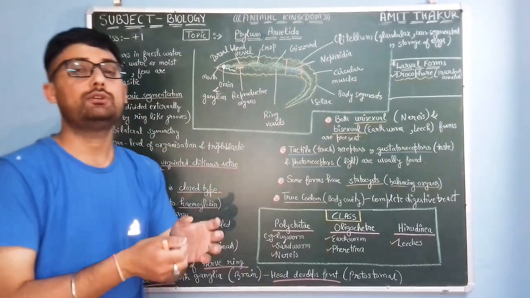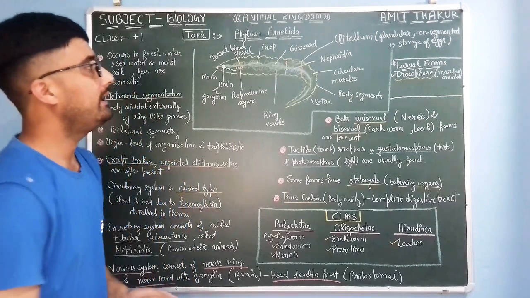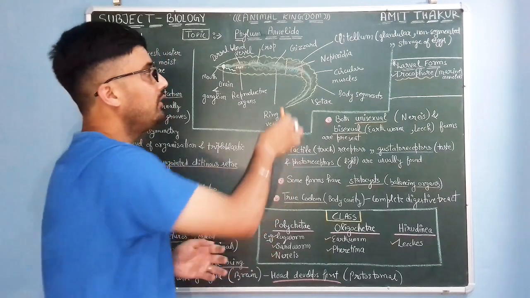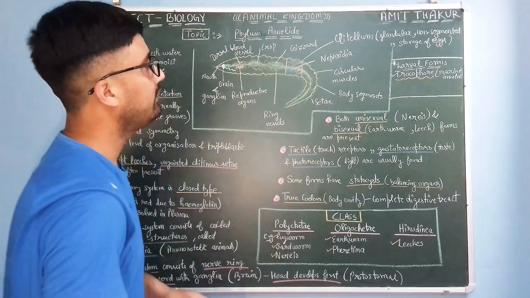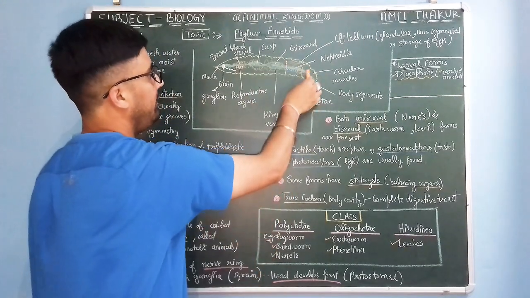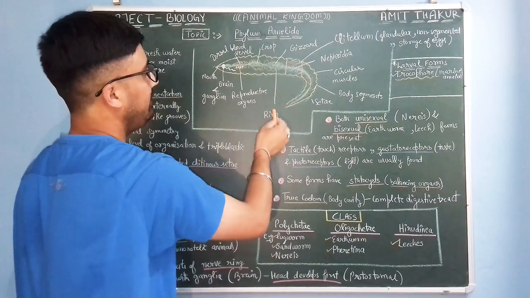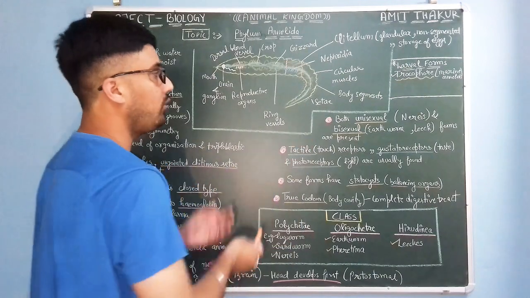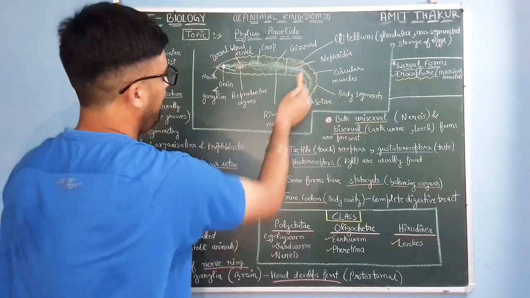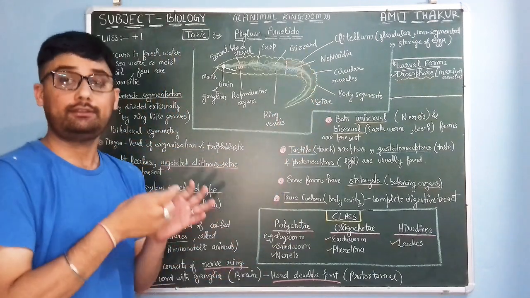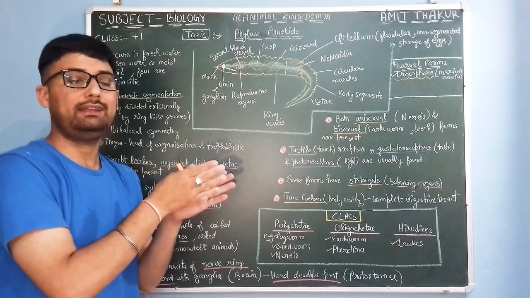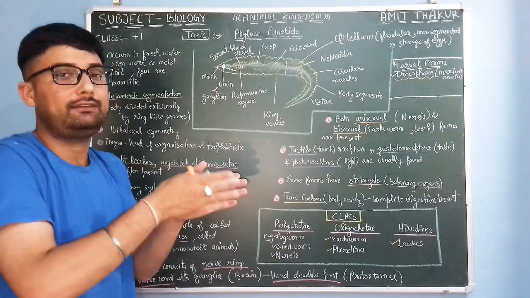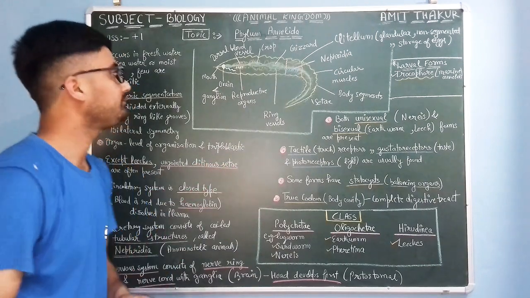It functions in the storage of eggs. Okay, the storage of eggs, like in the case of females if they are dioecious. So, storage of eggs. Then these here are circular muscles. These are ring vessels and setae for locomotion. And these are body segments. As they are segmented, their body is actually divided into various segments or compartments.